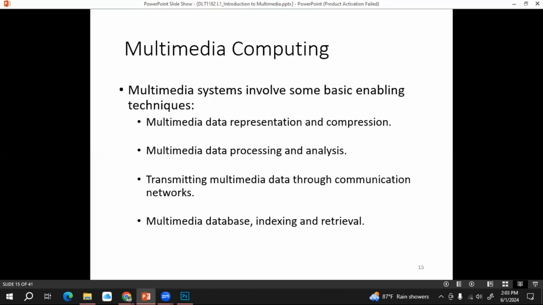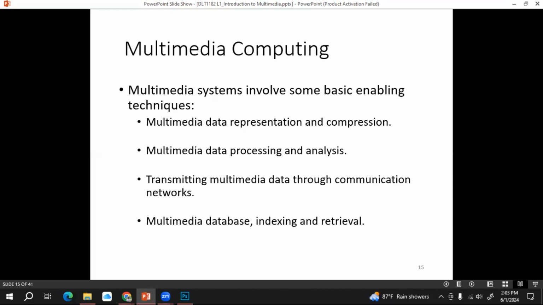And finally, we are trying to store them inside a database, index them, and retrieve those data, right? These fields are called multimedia computing. Actually, this is the main topic of this course, right?